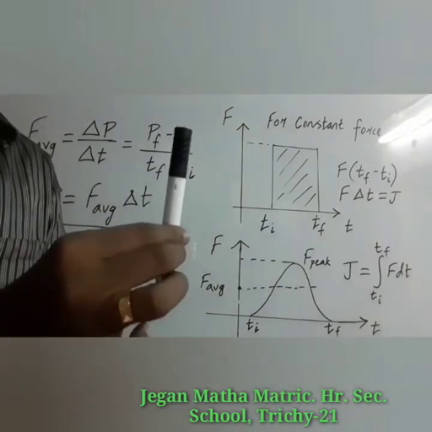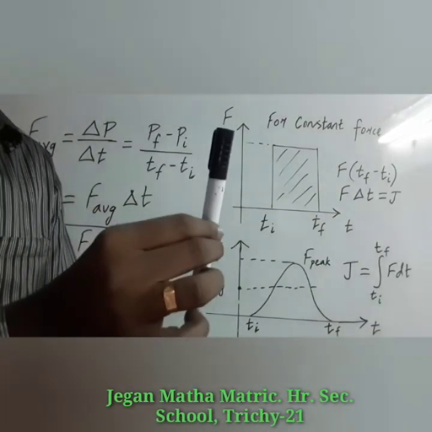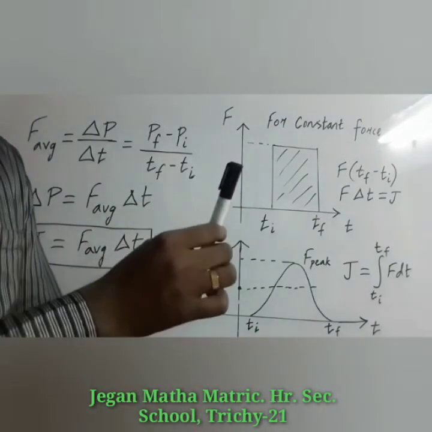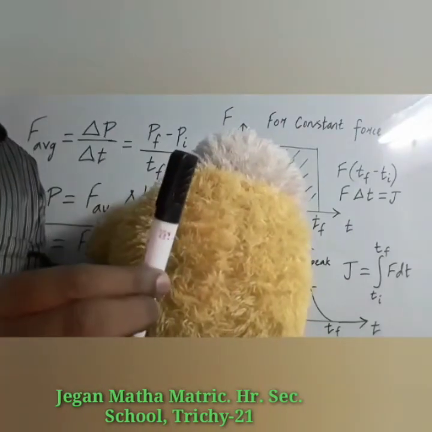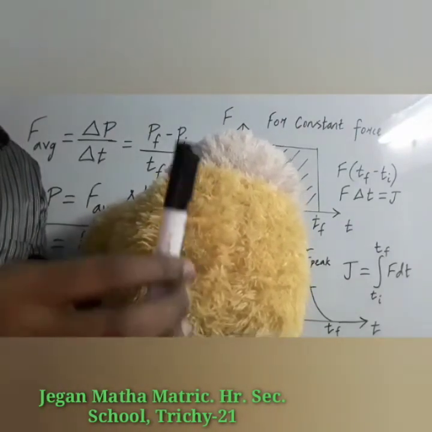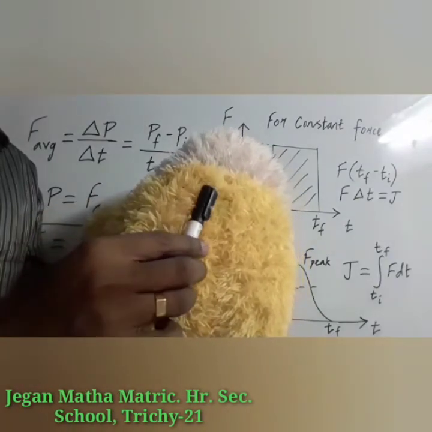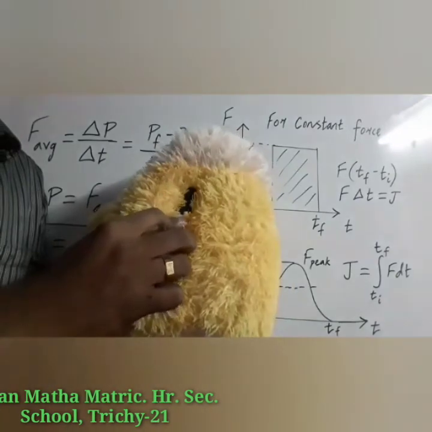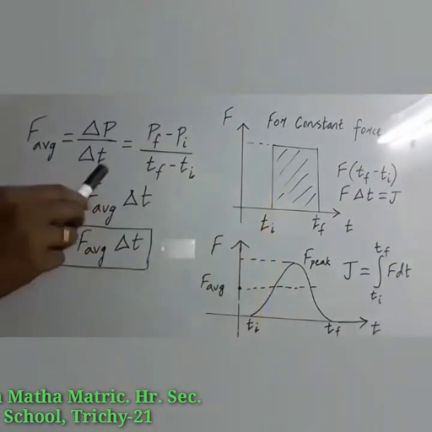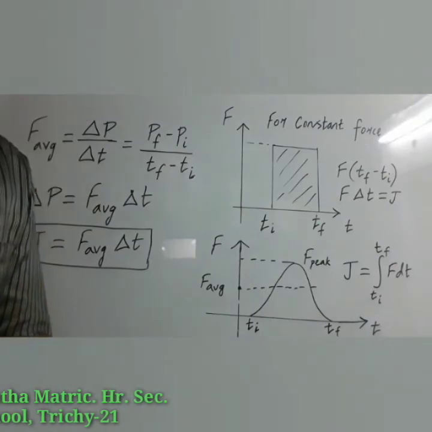Imagine it is a passenger. He is going to meet an accident without an airbag. He is going to hit the front seat or steering severely. Now imagine there is an airbag. The same passenger or driver is going to meet an accident. If the airbag is there, they are going to hit that airbag. Then what about the time interval? Time interval is extended. So time interval extended means what will happen to the force? The impact of force will be reduced.